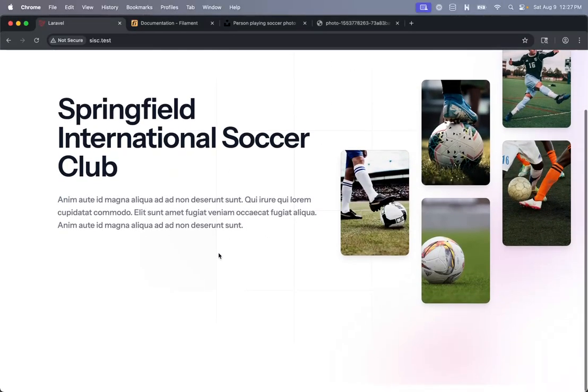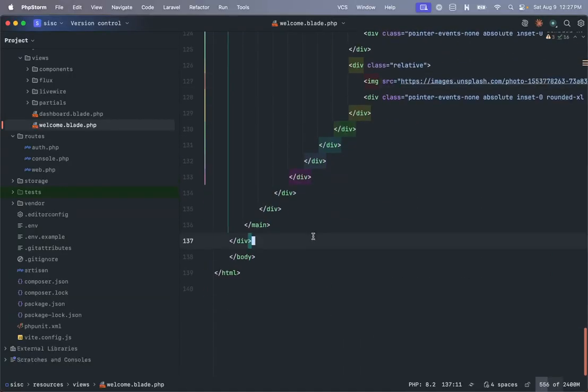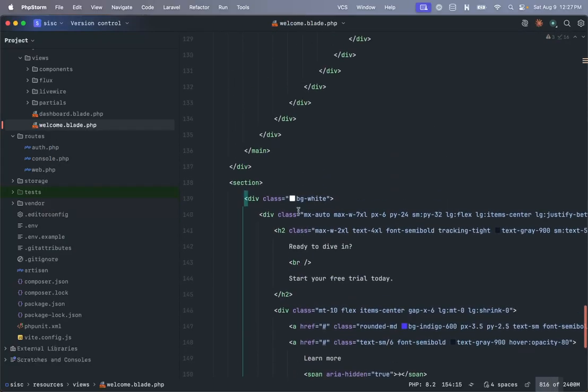So after this, I think we probably also need like a call to action. So this would be the place where you would ask your players to register for your club, and there might be payments associated with the registration, and we're going to try to keep it as simple as possible. So let me copy something from Tailwind CSS, and let's do a section, and this is going to be CTA,